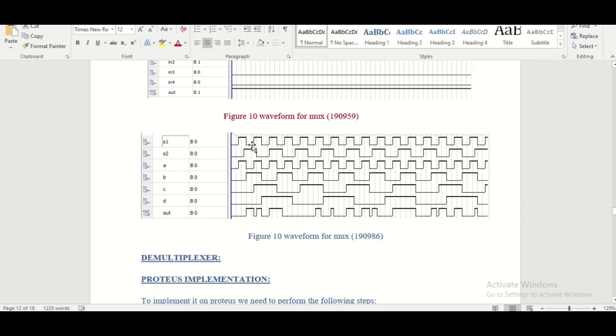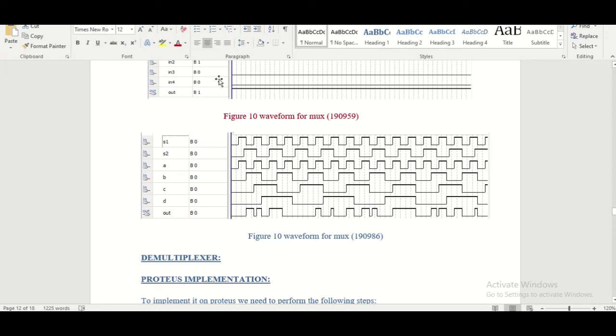And then for selection 0 1, we get the input C at the output, which was 0. So at the output we got 0. So the input that we will see at the output is basically decided by these S1 and S2. So this is how a multiplexer is working on Verilog code.